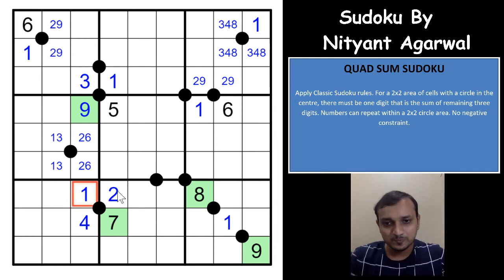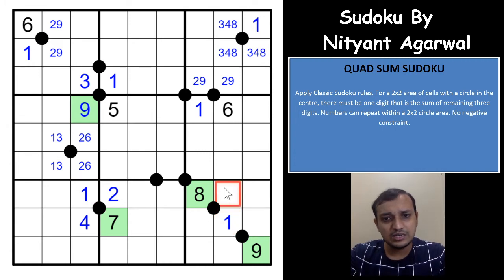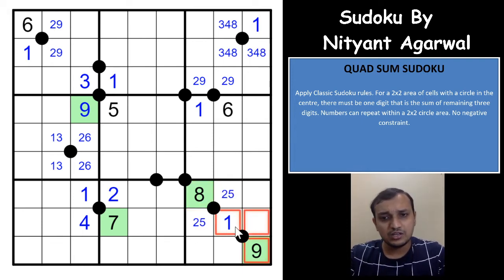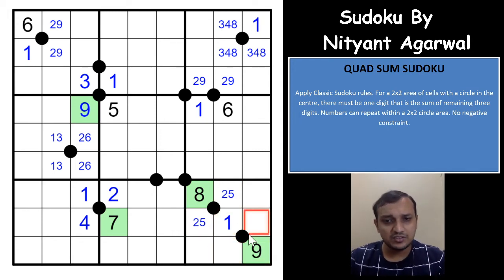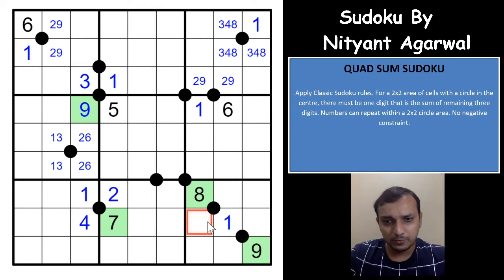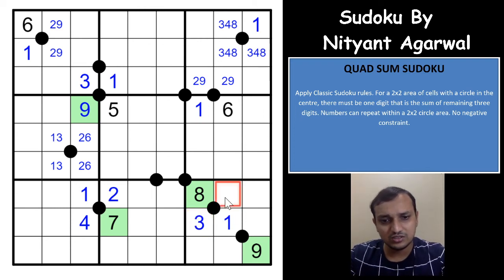How? I'll let you know. Because of the 1 here, there are 2 possibilities for the 8, either 2 5 or 3 4. You cannot have a 2 5 here. The moment you have a 2 5 here, the possibilities for the 9 is ruled out. For the 9, you need 8 more sum. That can only be 7 1, not possible. 6 2 is not possible. 3 5 is not possible. So right, it would have to be 3 and 4. So which means this is 3, this is 4. This would have to be 2 and 6.